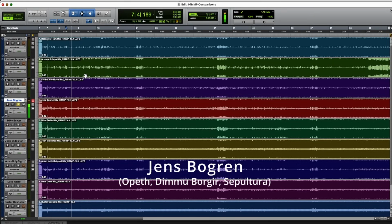And Jens has got a real sense of cohesion between the kick and snare, because he's very closely matched up the levels of brightness within each. Just have a listen to Jens's mix and just have a listen to that. So we're listening to kick and snare. So they've both got very equivalent punch and brightness, and that makes them have a certain sort of quality